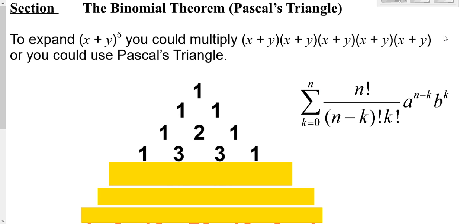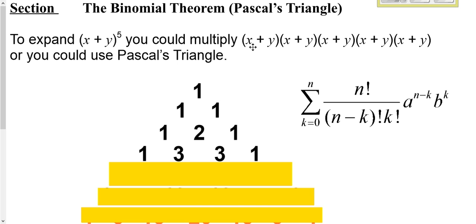We're going to look at the binomial theorem. Now, the binomial theorem can be done a couple different ways. I'm going to use the Pascal's triangle approach. Now, a binomial is just two terms added together. So if we had x plus y, which is a binomial, and it's all raised to the fifth power,